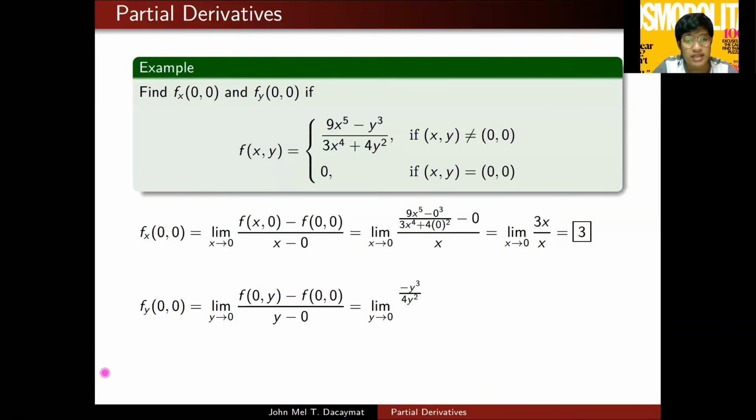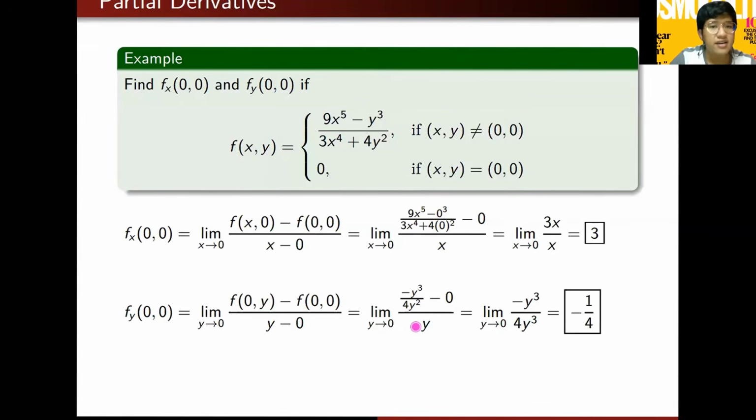I get something like this. Minus f of 0, 0 is, of course, 0 itself. Ito na siya mismo. Over y, no, which is what y minus 0 is equal to. Doing this, ano mangyayari? Eto, zero naman na to. Etong 4y squared, pwede kong ibaba sa denominator para I get negative y cube over 4y cube. Canceling y cube will give me negative 1/4. No? Now,